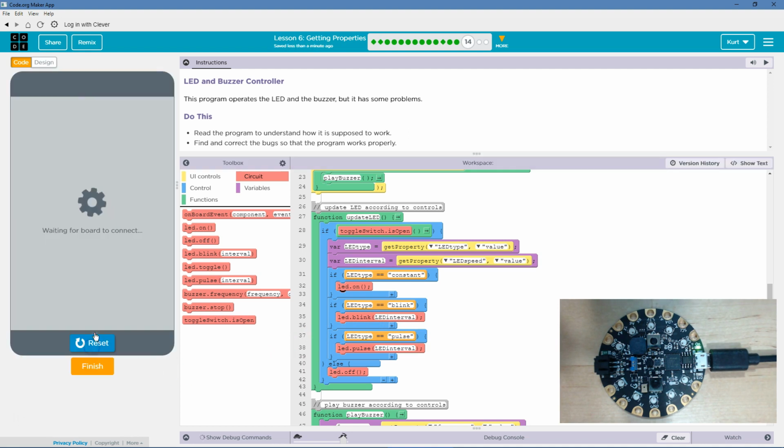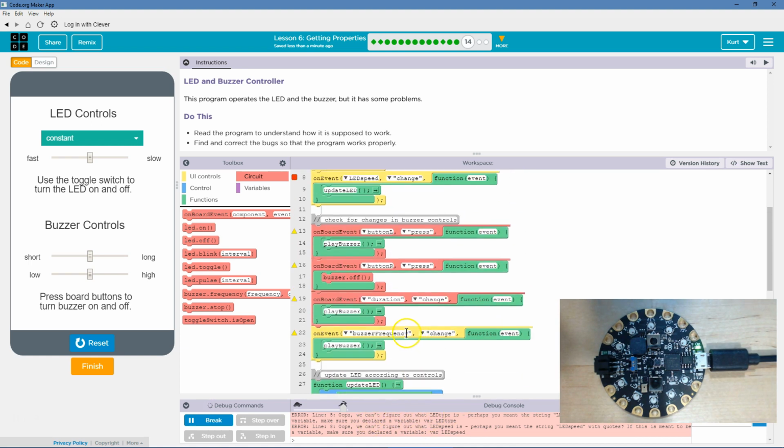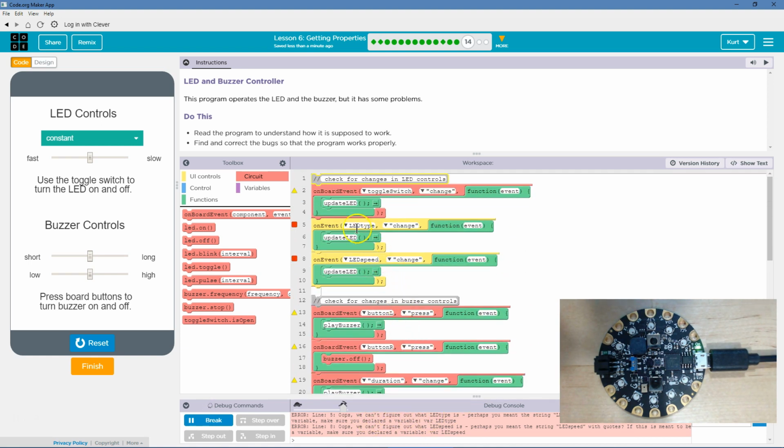I wonder, does any of this work right now? Oh, here we go. All right. Line 5, can't figure out what LED type is. On event LED type. What did they do? Oh, they didn't put quotes, so for the